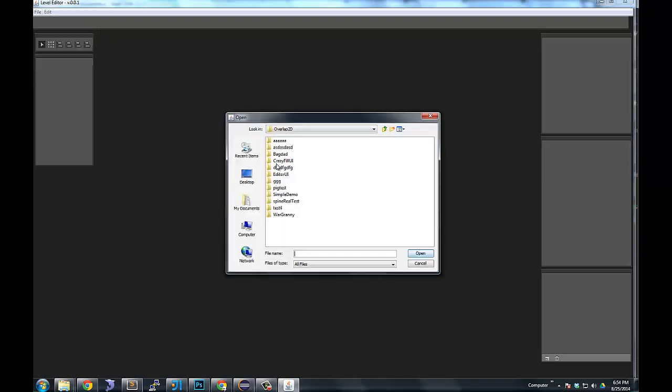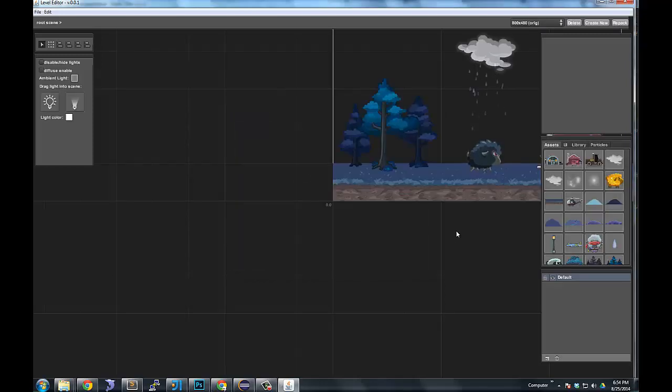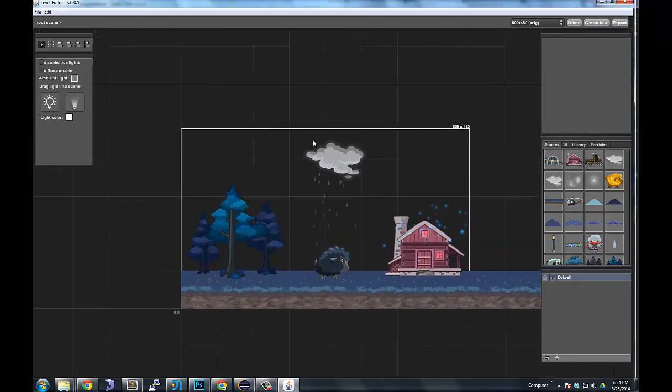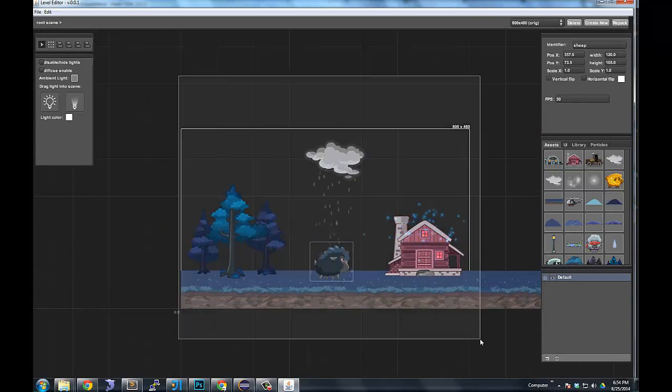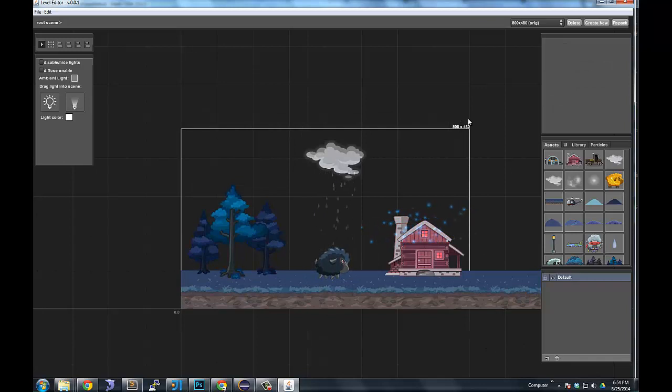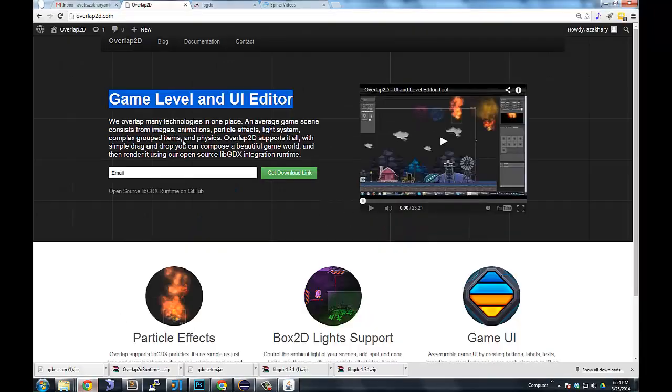I prepared a little demo project for this. It's a small one, just trees, sheep, house, and some particle effects, sprite animations, and images. And the point is to get this into your game. We're going to start with